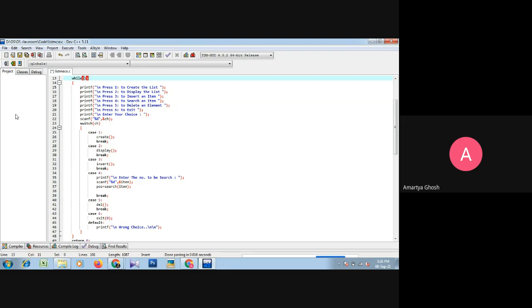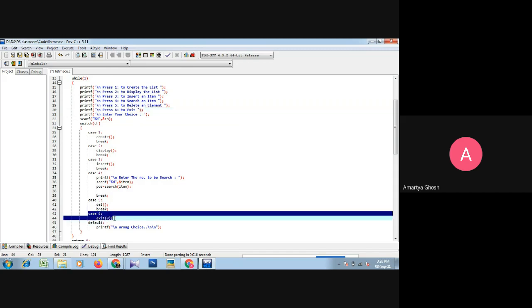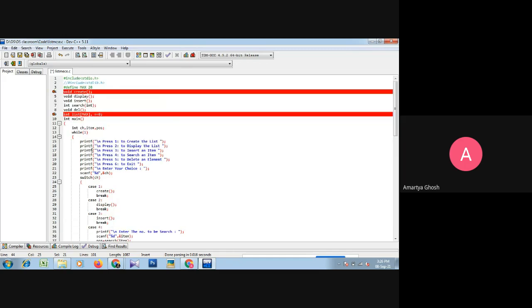That is why we forcefully give another option: press 6 to exit, and in case 6 we give the exit function. This exit function is not a function of stdio.h.